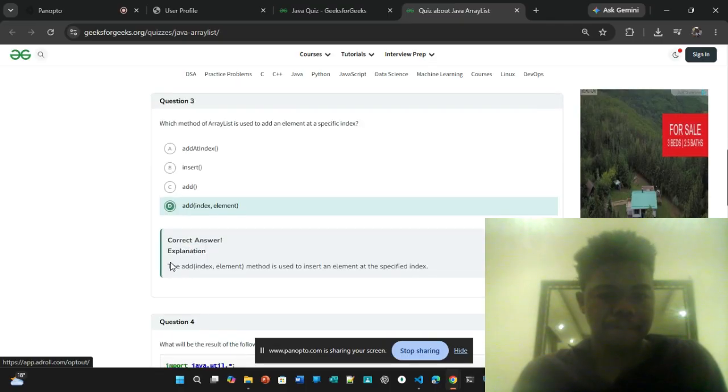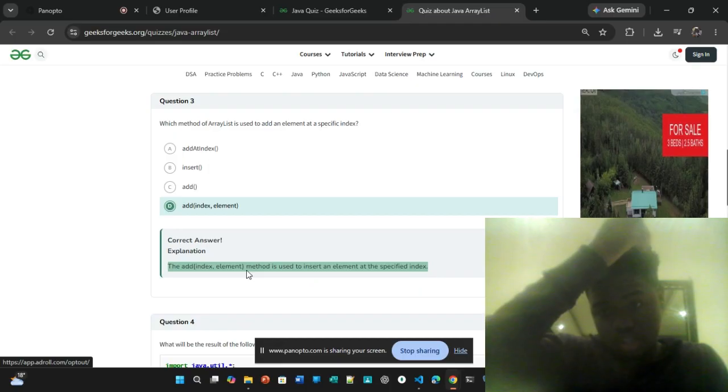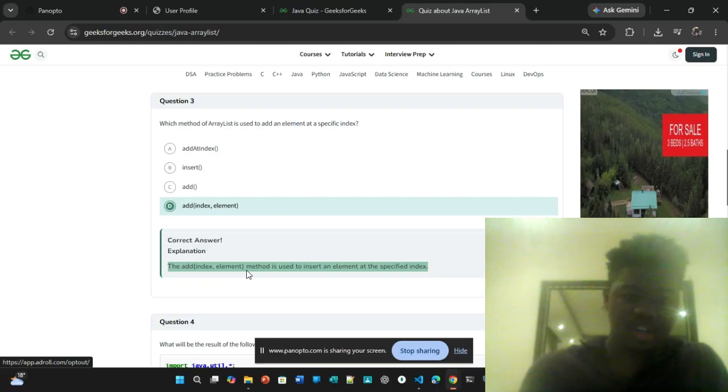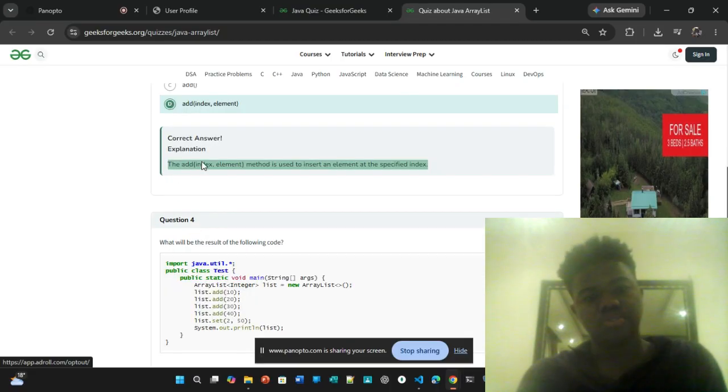Yes, okay. So you give the index and then the element. The certain index is the certain place. It's the placement in which the element is situated. So yeah, you do that,